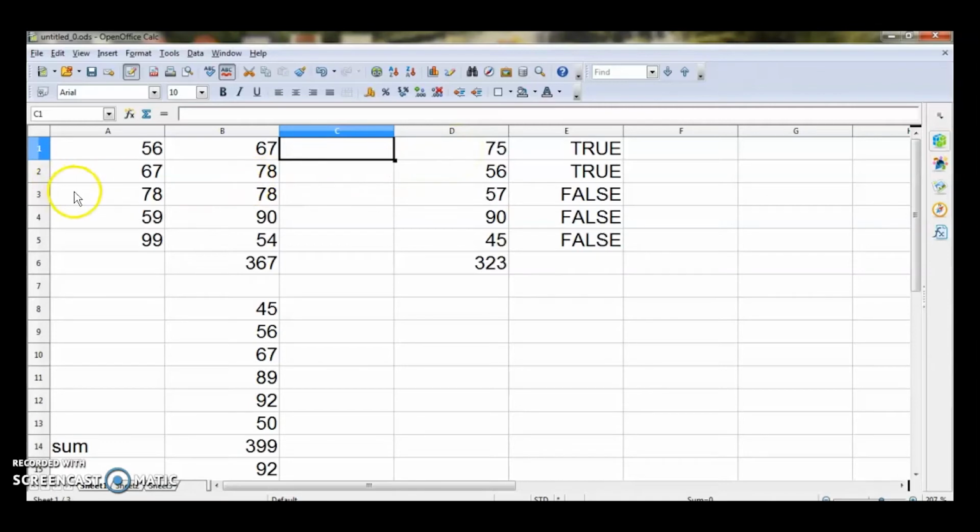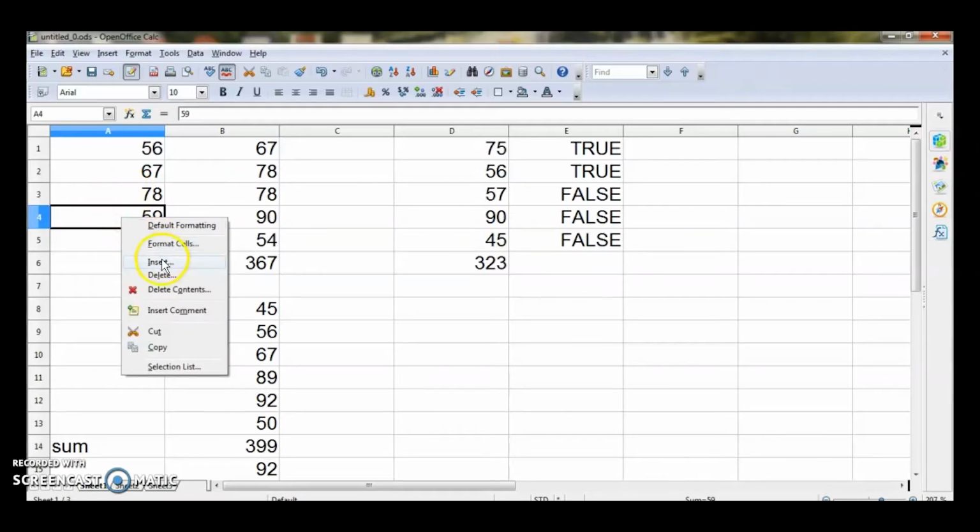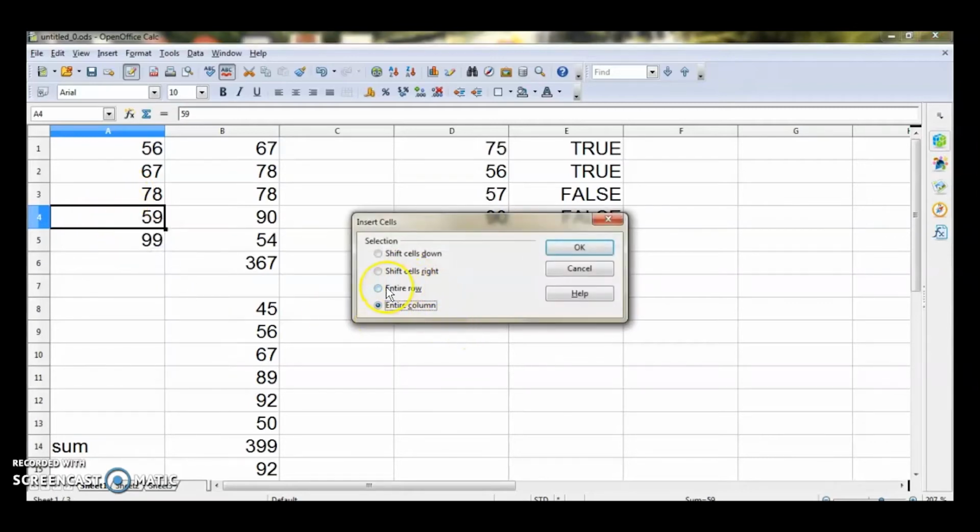Clear? So and if I want a row. So now I am at A4. Suppose I want to insert a row between 3 and 4. Because if I give the insert command, a row will be inserted above. So I have selected 4. So now I selected this row and I am giving right click and then insert. Now I want the entire row.